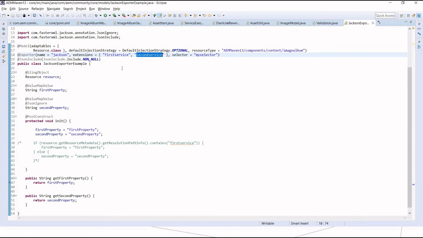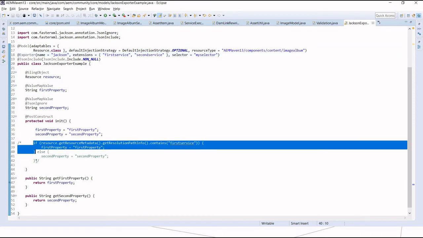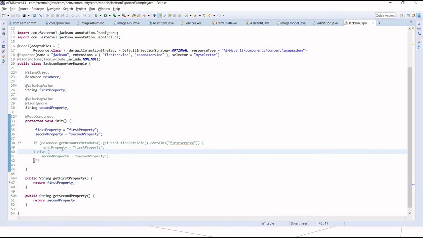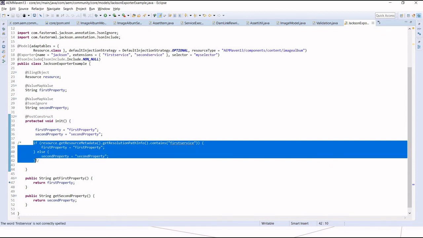So actually this use case, which I have already discussed, I will just raise one more point. Maybe within this, you are adapting any other resource. For example, you have two types of resources, and at a time you just want to suppress a few of the attributes within one resource. So using this approach, we can adapt the resource, and then we can expose it to Sling using this Sling exporter.